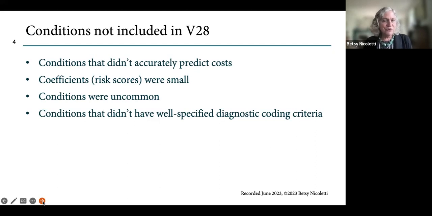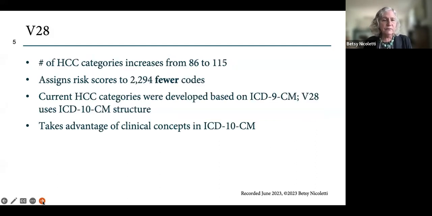So HCCs are the model that Medicare developed. And in the version 28 model, they're removing some conditions that they say didn't accurately predict costs, where the coefficients were small, the conditions were uncommon, or those conditions didn't have well-specified diagnostic coding criteria. The current HCC categories were developed a long time ago, and they were based on ICD-9.